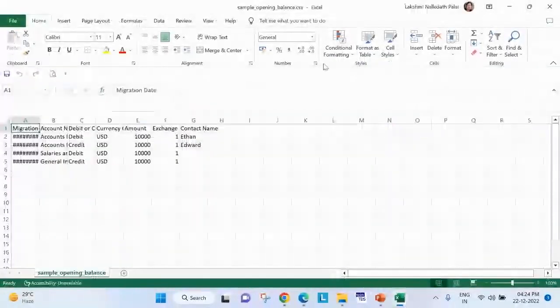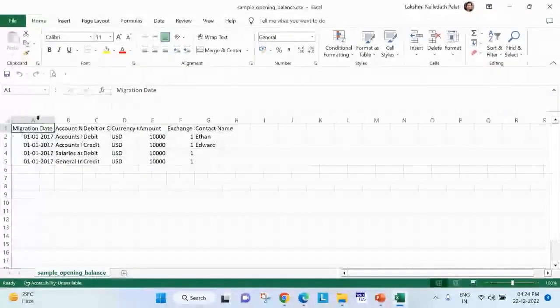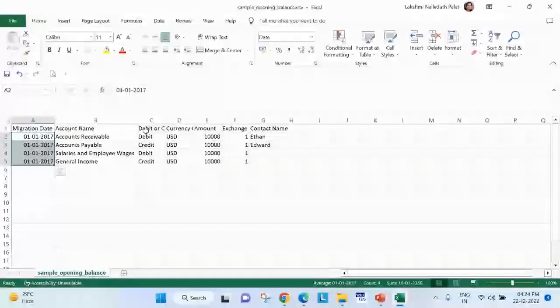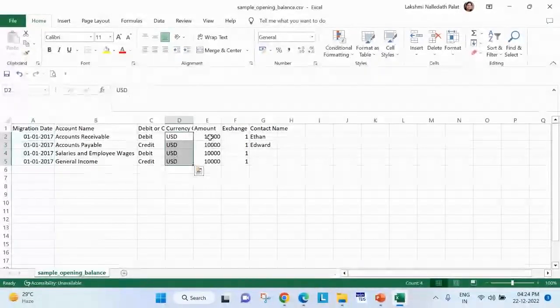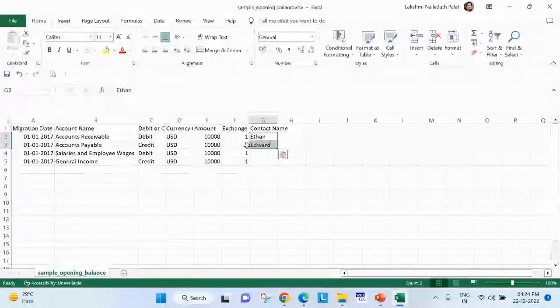Okay, here don't use this import export thing. You can do it in the import file itself. Here you will be giving the date, you will be mentioning the account, debit or credit, and the currency of your transaction, and you will be mentioning the vendor or customer name if it is pertaining to vendor balances